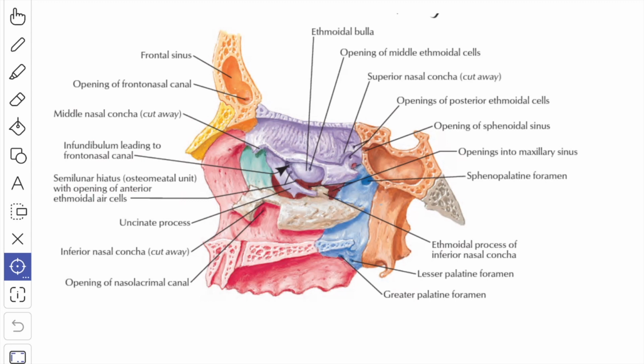immediately below the bulla. A mucous diverticulum, known as the ethmoidal infundibulum, extends upward from the anterior part of the hiatus through the ethmoidal labyrinth. The wall of the infundibulum receives the anterior ethmoidal air sinuses, and the frontal sinus opens on the summit of the infundibulum directly or through the frontonasal duct. Therefore, the middle meatus receives the opening of the following paranasal air sinuses: the maxillary, the frontal, the anterior ethmoidal and the middle ethmoidal air sinuses.